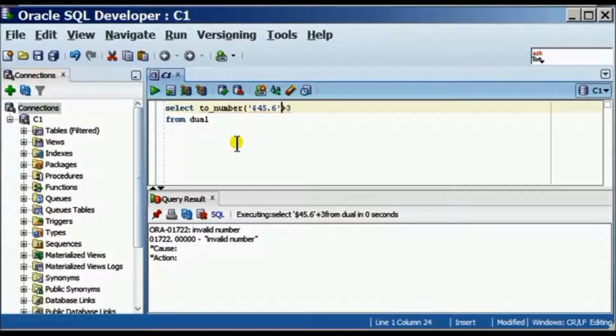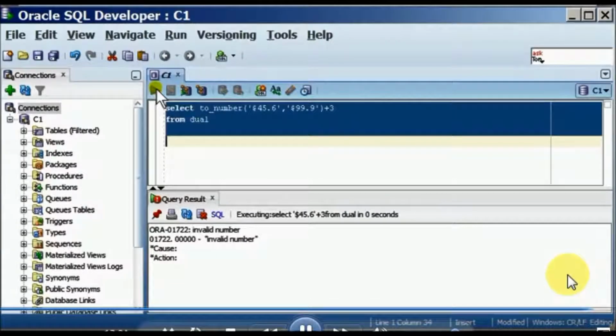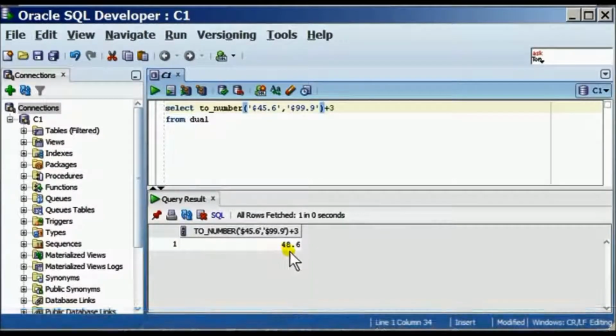So you're telling Oracle that the first argument is in a format of a number that has a $, has 2 digits before the decimal point, and 1 digit after the decimal point. Now on executing the statement, it's able to perform the addition because it knows what format elements are there and what needs to be removed. So this was an example of the toNumber function. In this tutorial, I discussed